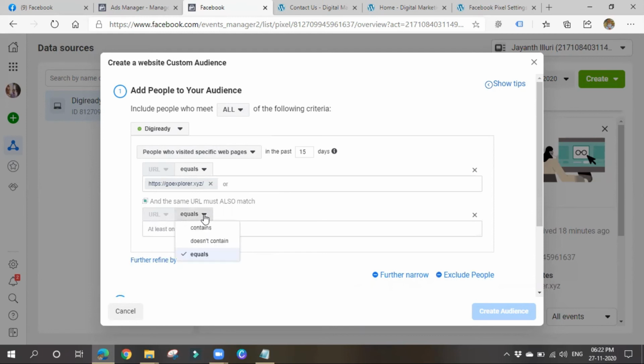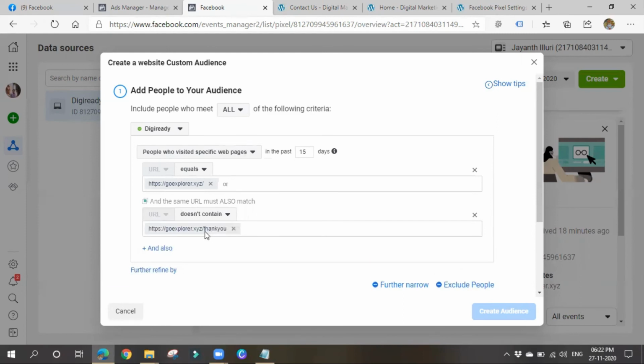And if the URL doesn't contain goexplorer dot xyz slash thank you. So I am choosing the thank you page. Why? I want to target people who have visited my website but who haven't gone to the thank you page, which means they haven't performed any kind of conversion on my site.